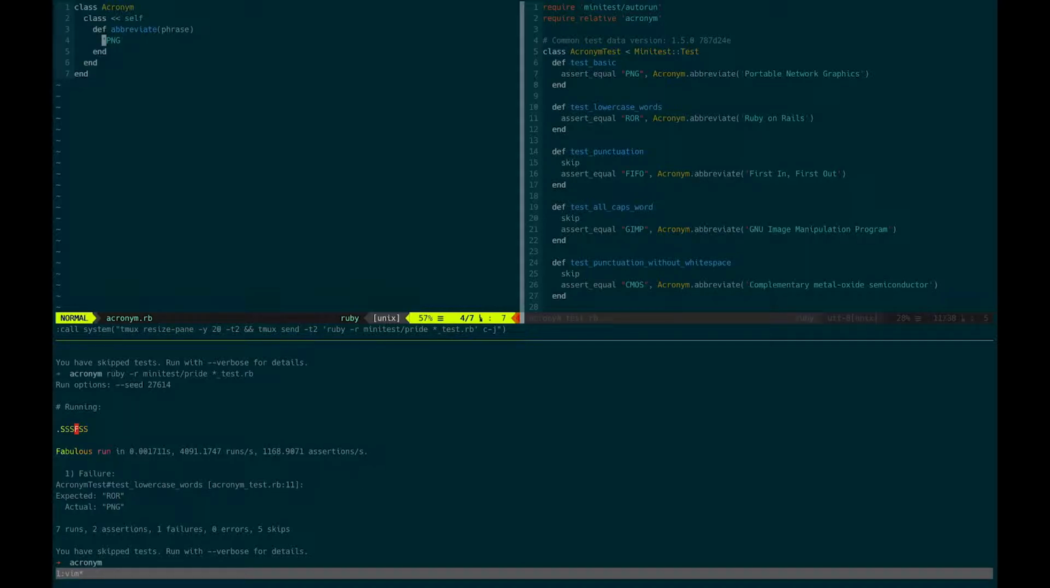And we have portable network graphics becomes PNG, Ruby on Rails becomes ROR. So we want to take each word and get the first letter, and we want it to be uppercase. So, okay, let's think about this. What can we do in Ruby here? We know we want it to be uppercase,